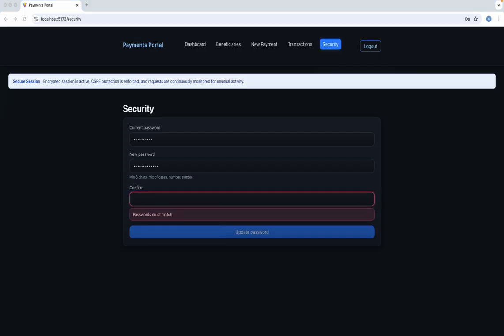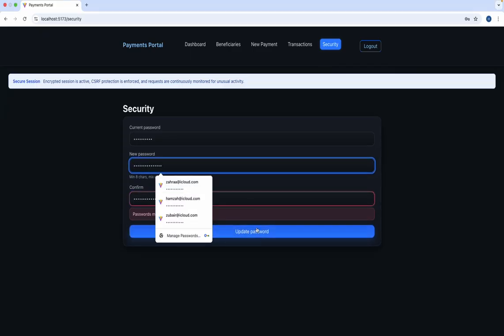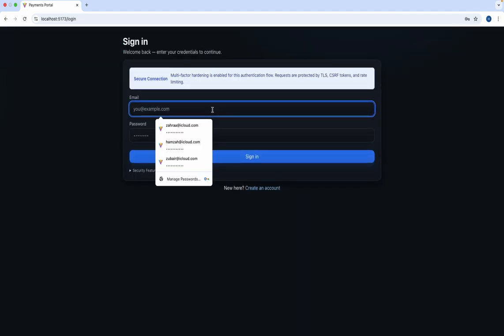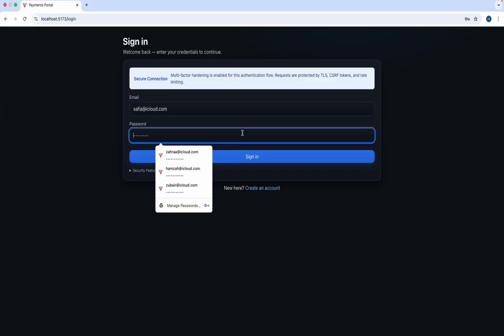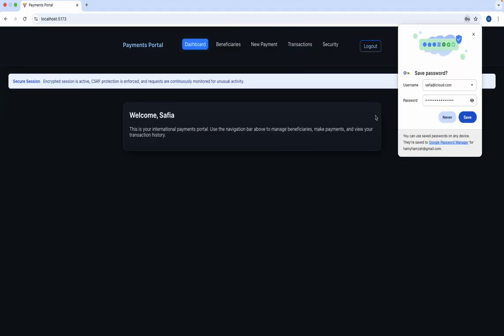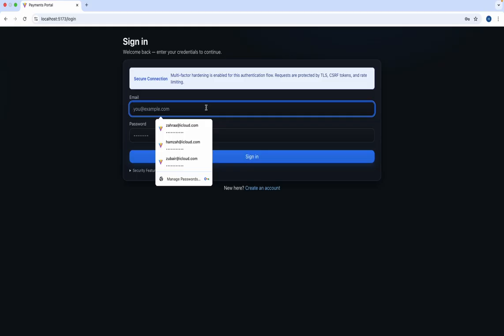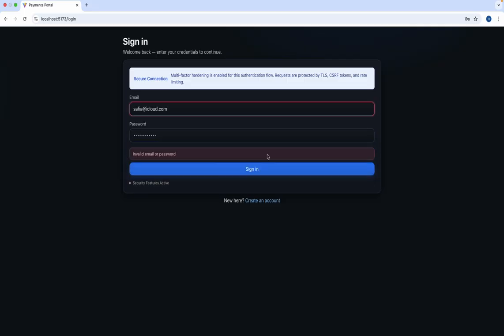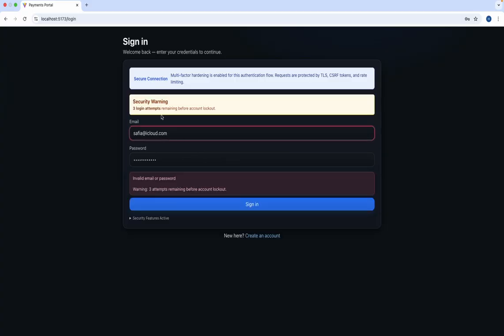The whole problem is making one that I will remember. So let me copy that. And it is in. And now if I do this again, iCloud.com, as you can see, I can sign in with the new one. And if I use iCloud.com and the old password, we will not be able to sign in. And I just wanted to show